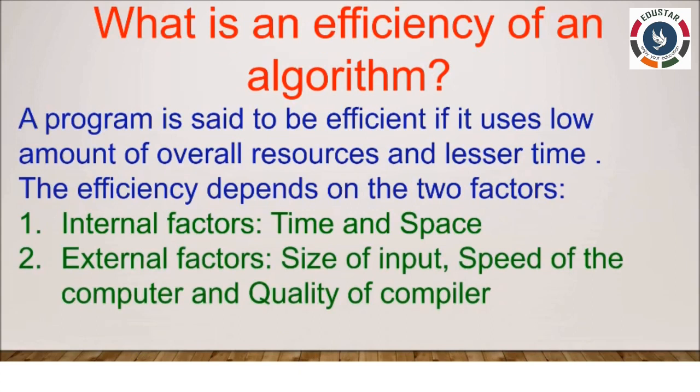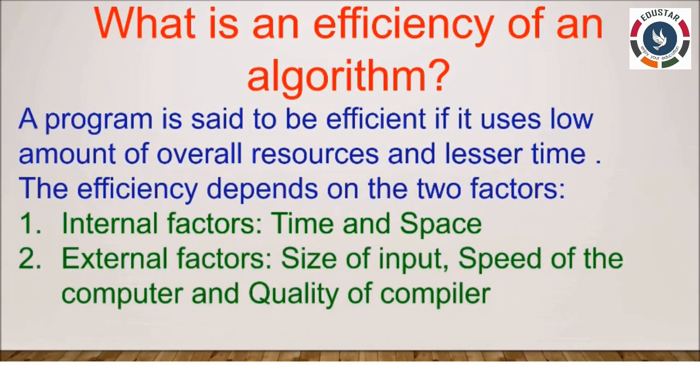So based on this the user can control that. And the speed of computer means someone using this i3 processor and somebody using this i5 processor, and based on this processor the program will display the result sooner. And the next, quality of compiler, based on the compiler it will display the result sooner also. So these are the things basically called efficiency. So external factors are in our hand, but internal factors we cannot manipulate, so we cannot change.